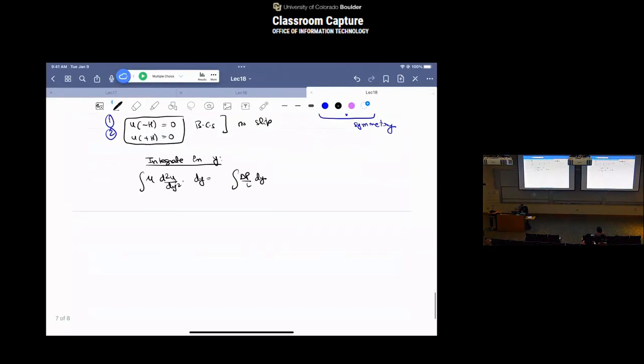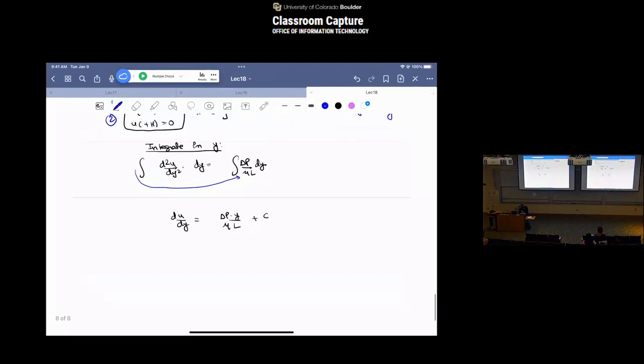So this becomes mu du by dy is equal to delta p y by L plus c1. Maybe let me just write this as delta p by mu L dy. I have just taken the mu to the right hand side, plus c1,